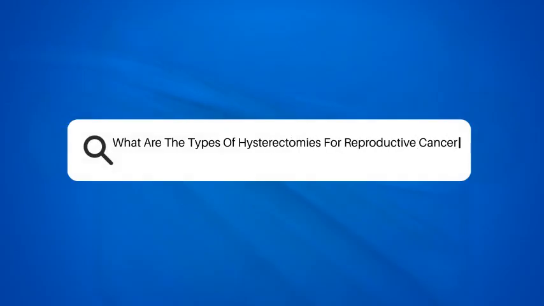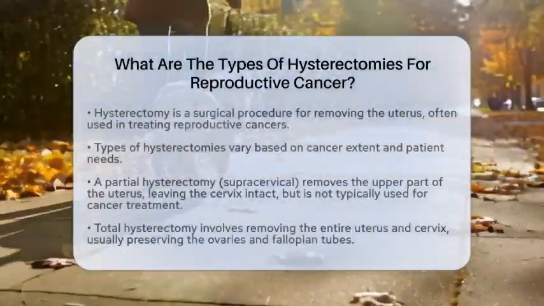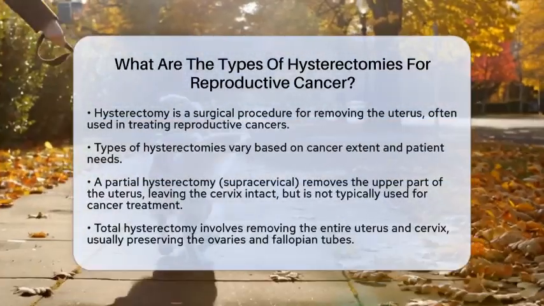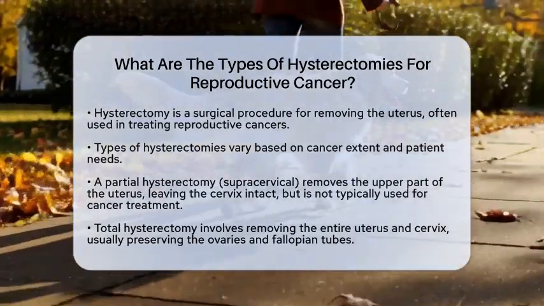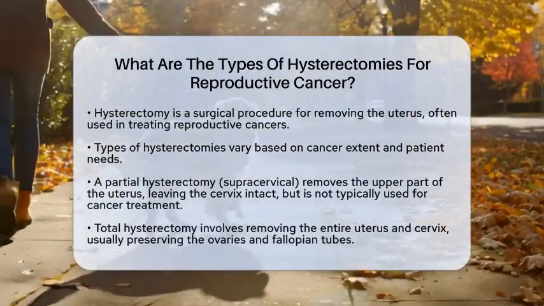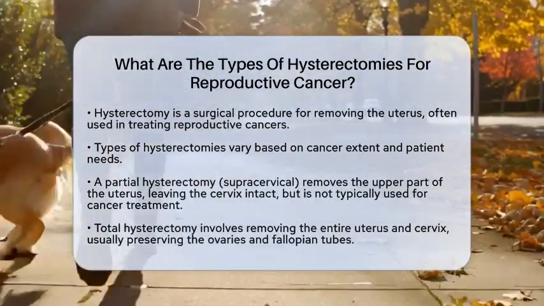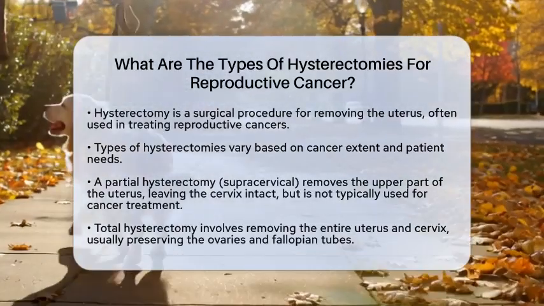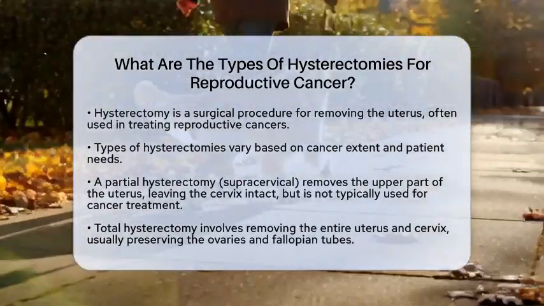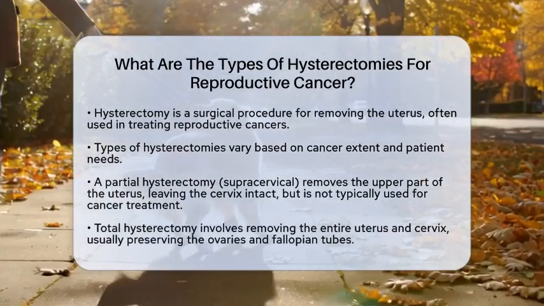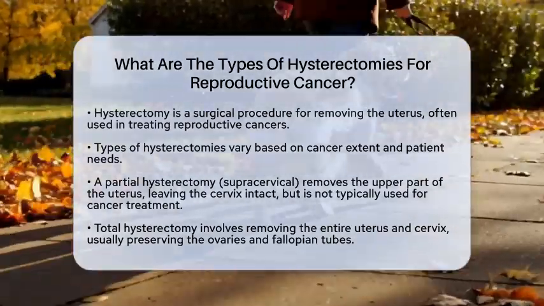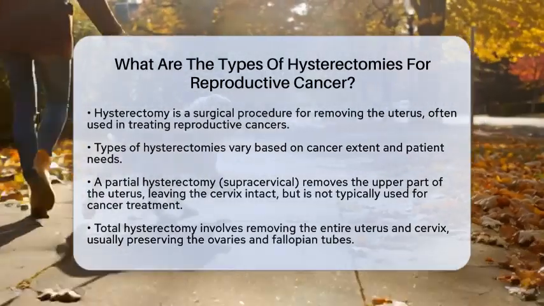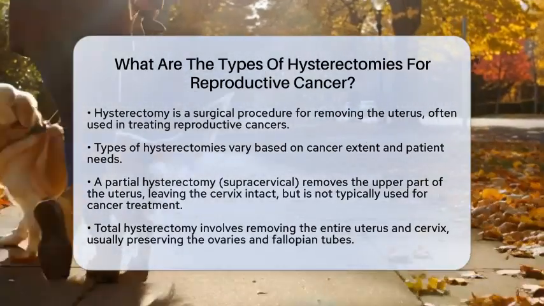What are the types of hysterectomies for reproductive cancer? When it comes to treating reproductive cancers, understanding the types of hysterectomies is crucial. Hysterectomy is the surgical removal of the uterus and is often a key treatment option for cancers like cervical, endometrial, and uterine cancers. The type of hysterectomy performed depends on the extent of the cancer and the specific needs of